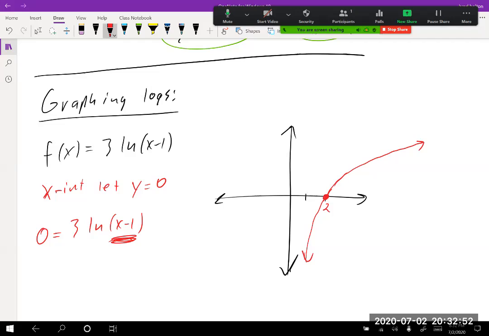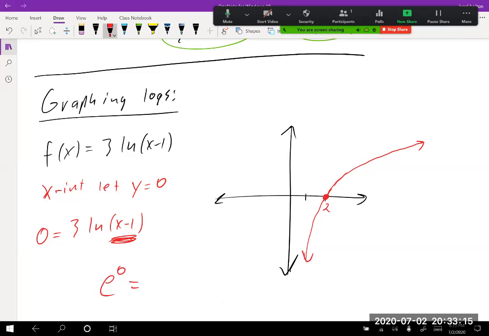Because think about this. What power can give you an argument of 1? Well, that's when it's 0. I'm sorry, that's when the natural log of 1 would become 0, because think about it like this. This is e to what, to the 0 power